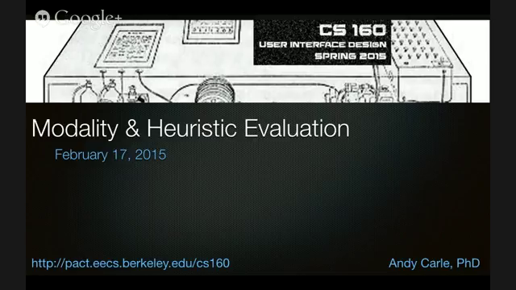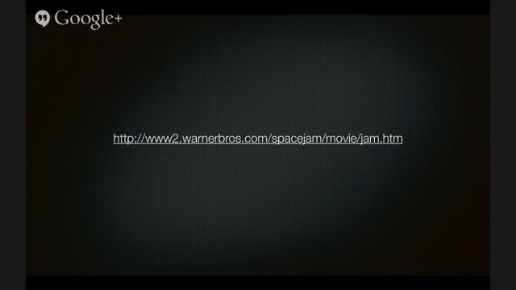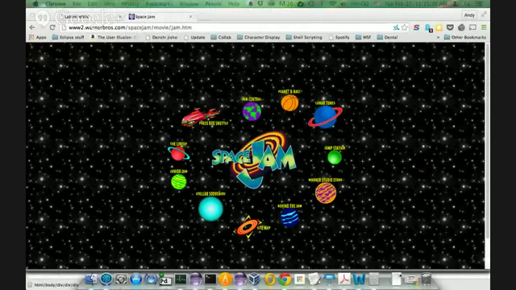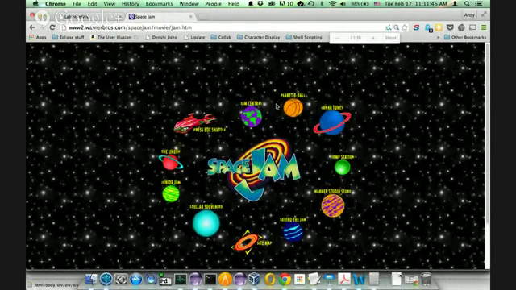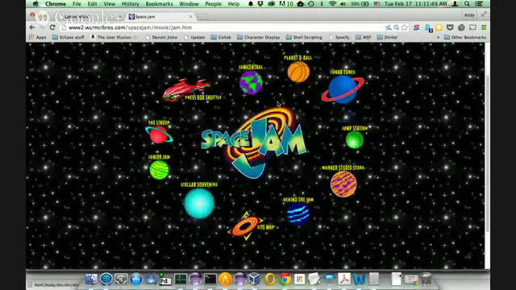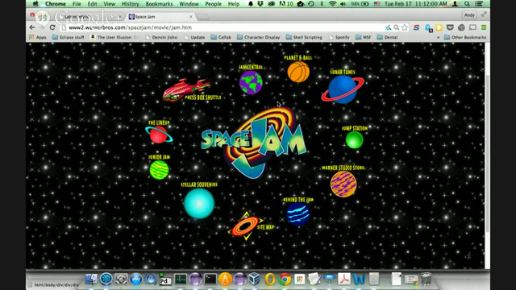All right, we're starting off with a UI. By the way, today, modality and heuristic evaluation. Very fun. Very exciting. Does anybody know this website? So this is a classic, one of the few websites out in the world that's kind of untouched since the 90s. We'll briefly go through it because it's on the theme of heuristic evaluation, where you can look at this thing and think to yourself: what is good and what is bad, and what heuristics could you use to justify complaints against the